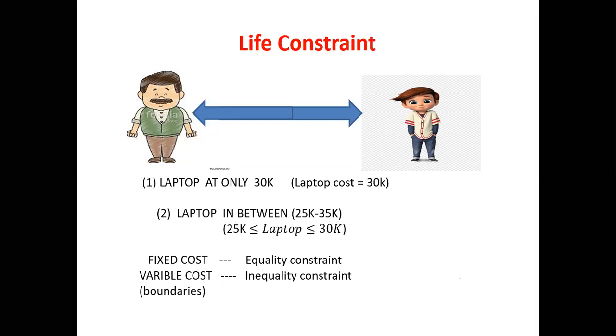Below 25,000 rupees, it's not suitable for satisfactory operation. Similarly, for more than 35,000 rupees, the father cannot afford it. So by considering these two factors, he is setting those particular limits, those particular boundaries. So in this example, he says the laptop cost is in between 25,000 and 35,000. Similarly, our power system also has some parameters, and those have some constraints, so we need to obey them. Let's see what parameters are there in our power system.